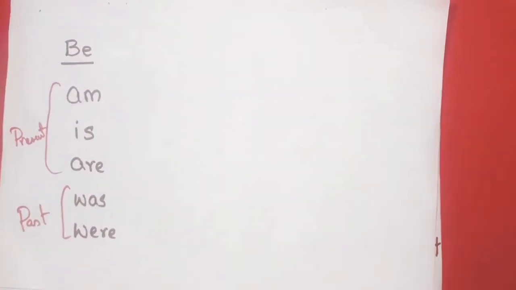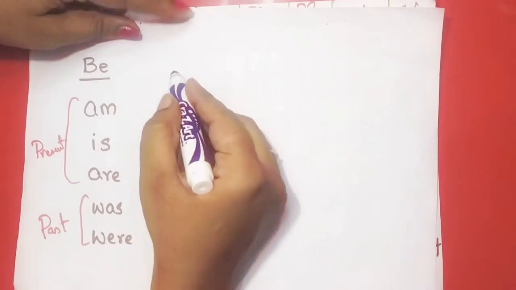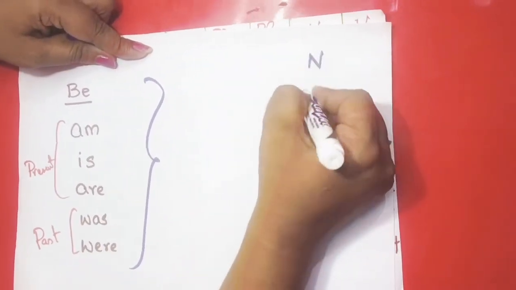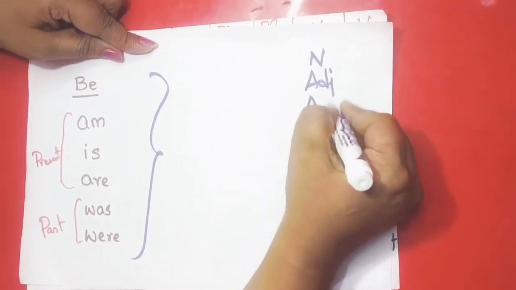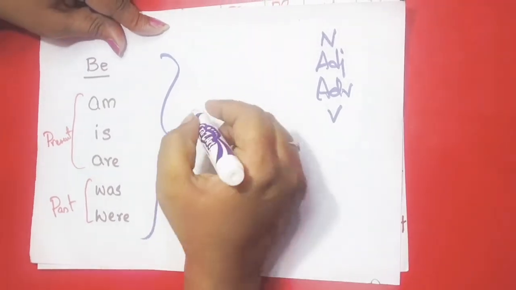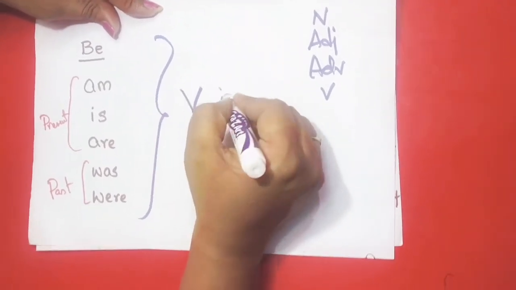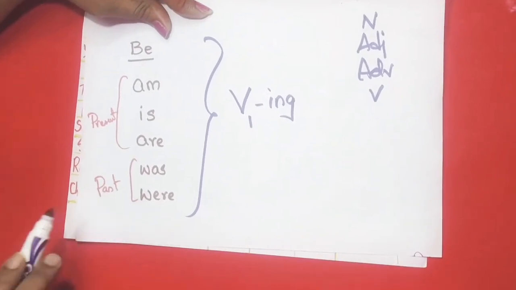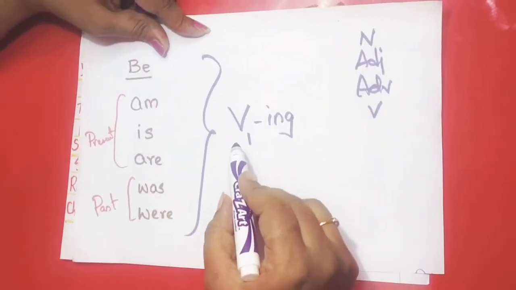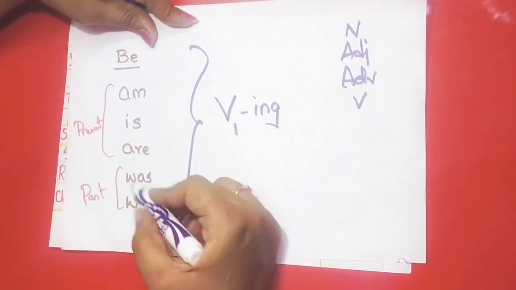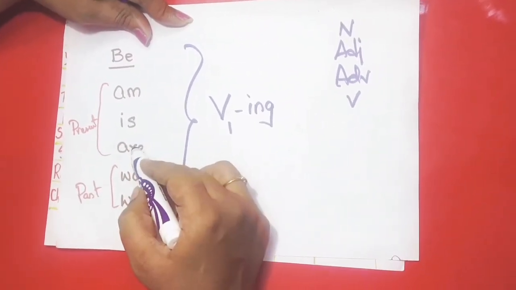be forms. Whenever you're using be forms, you can use any parts of speech after this. You can use noun, you can use adjective, you can use adverb, you can use verb. But today we are learning verbs. So I request you to use only verb with ing. Whenever we are using am, is or was, were in present tense, it is always ing with the verb. Or whenever we are using ing with am, is or was, were,